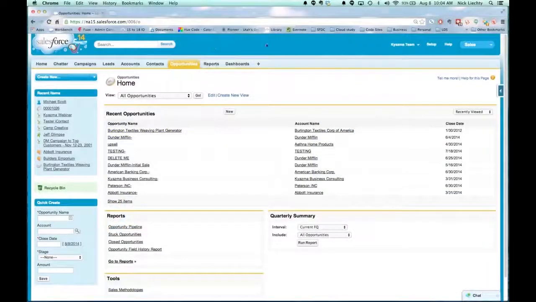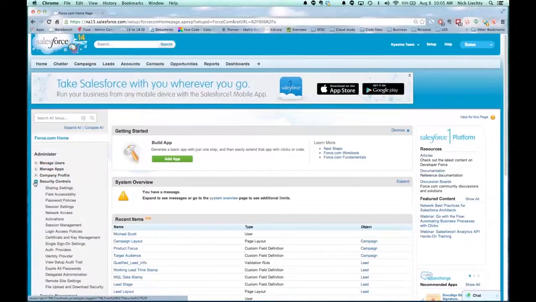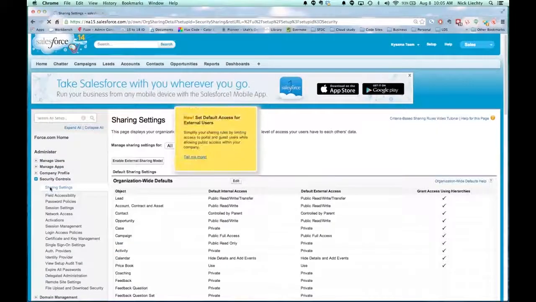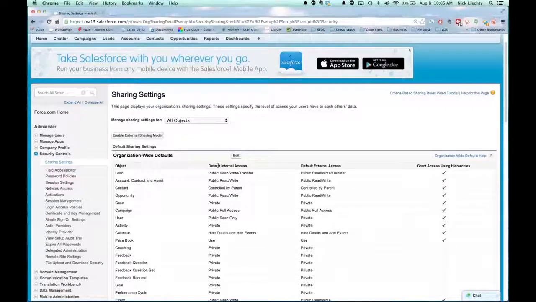So in Salesforce.com, the default setup for security can be found here under Setup, Security Controls, Sharing Settings. By default, these are called org-wide defaults, organization-wide defaults. So by default, when you set up a Salesforce org, information separated by object is set to public read-write,